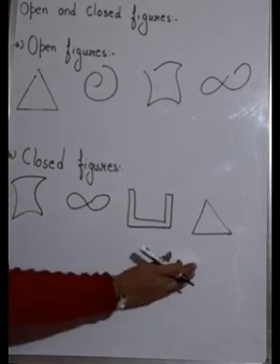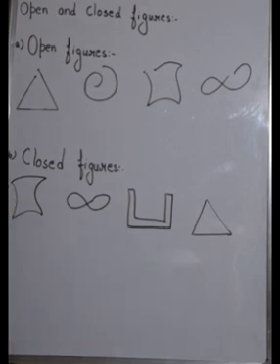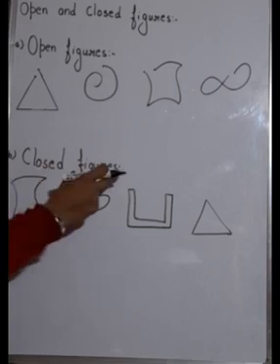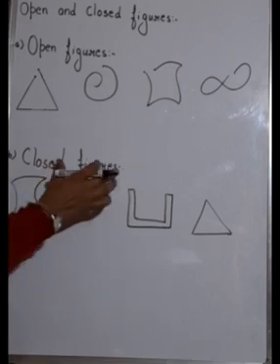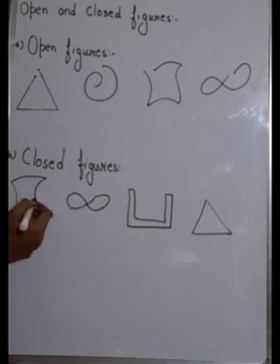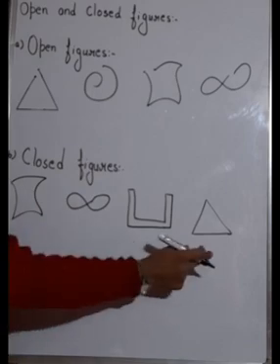Okay, now come to closed figures. I have drawn some closed figures over here. Now come to figure number 1. I have started from here, I go like this and end over here only. It means this figure has the same beginning and ending point, or you can say the same starting and ending point. So it is called a closed figure. So what is a closed figure? If a figure has the same starting and ending point, then the figure is said to be a closed figure.